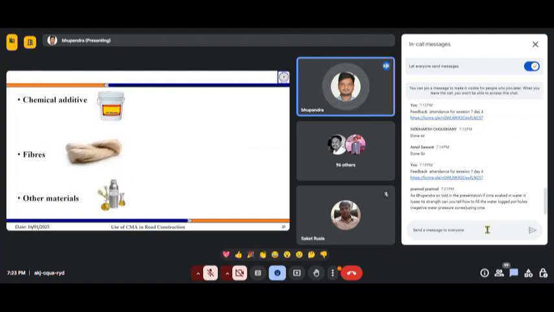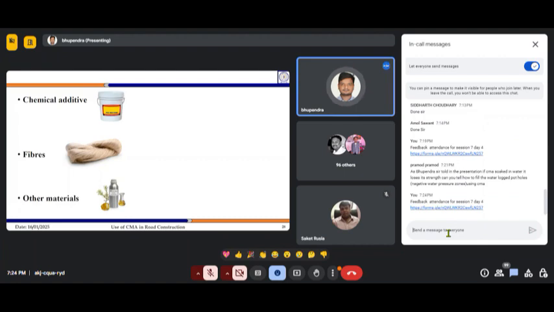Then there are some chemical additives also which different people have used, so we can use those additives. Then there are fibers which people have used to increase the strength. There are natural fibers, there are artificial fibers, and there are some miscellaneous types of materials which people have used, and they have reported them to be improving the overall strength of our cold mix. These include serpentine oil and those kinds of materials.